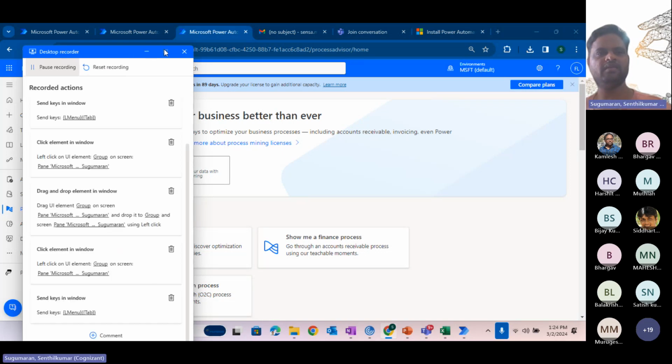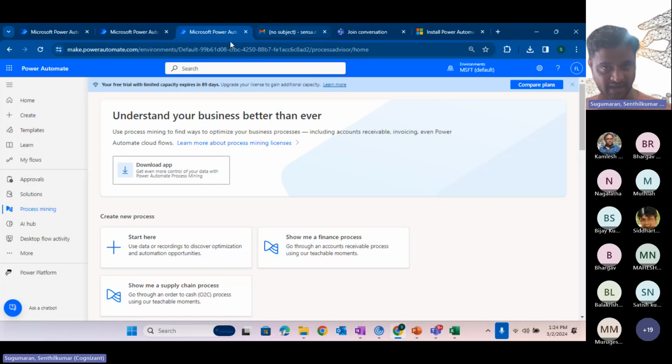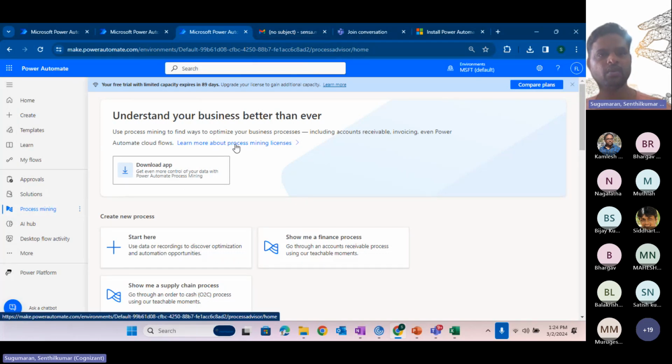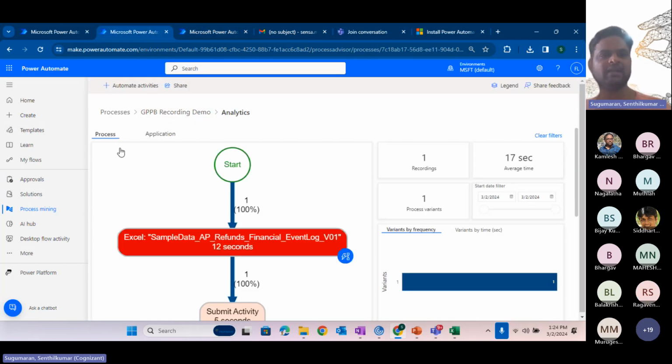I think this is having some issue, and I thought it had captured. Once it is captured, it automatically gets into the process mining space. What happens is once you have started recording, you will have